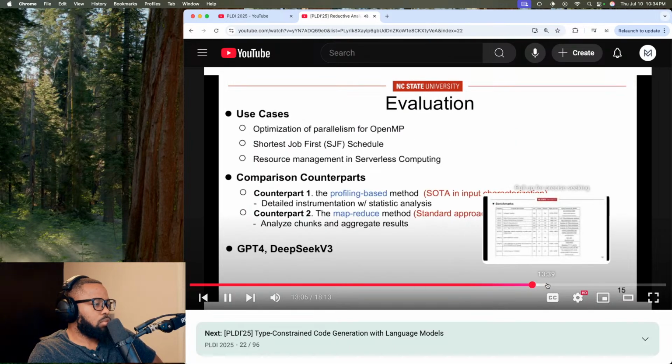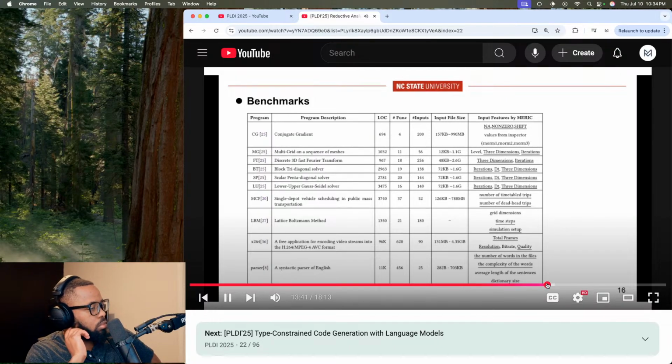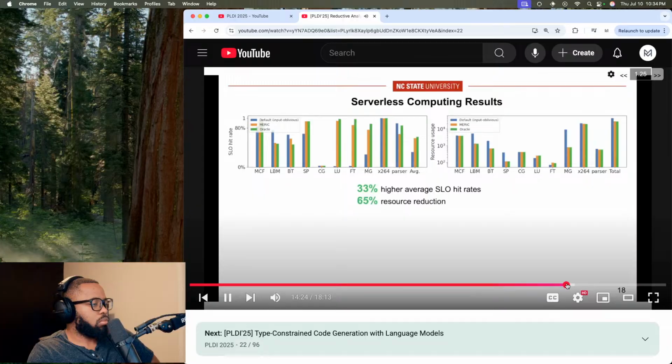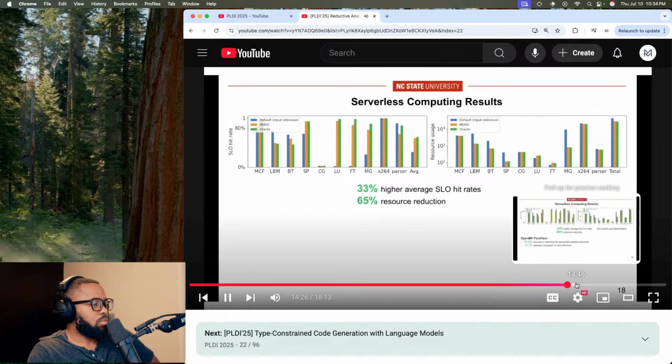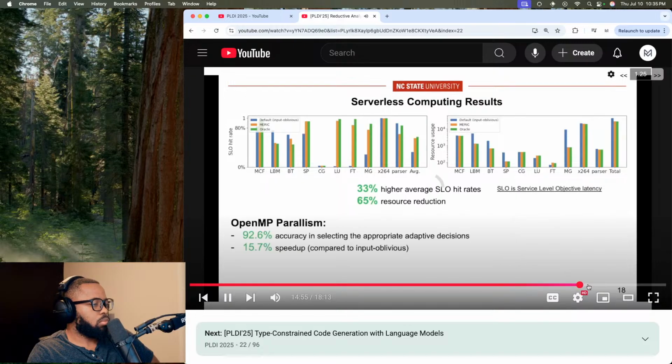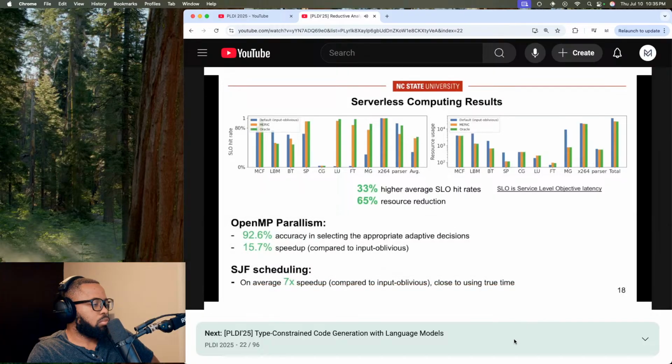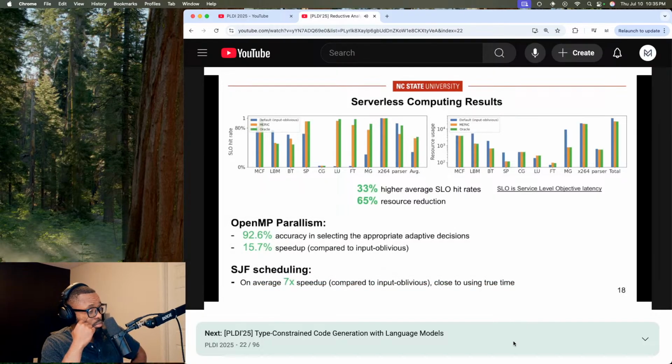We use GPT-4 and GPT-6 inputs for each of the programs. During the detection, we try to ensure that the inputs are typical: 33% higher SLO hit rates and 65% resource reductions. The SLO on shortest job first scheduling input adapt can achieve 7 times speed up, close to using the true chain.